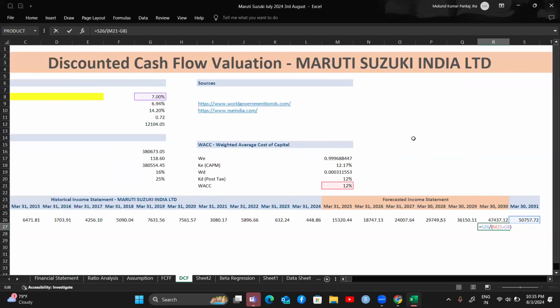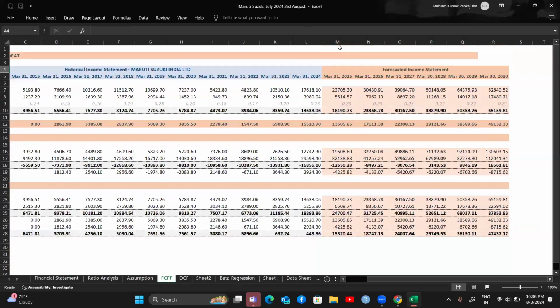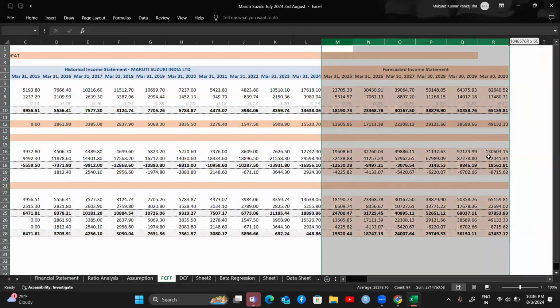Why did you consider terminal year to be 2030? It could have also been 2029, 28, 27, because we are making a 5-year, 6-year projection. We have forecasted the income statement for the next 6 years. If you see from 2025 to 2030, we have forecasted the financial statement for the next 6 years. We cannot just forecast the financial statement till perpetuity. So there has to be a full stop till which we are going to forecast the financial statements. And the year after that would be considered as the